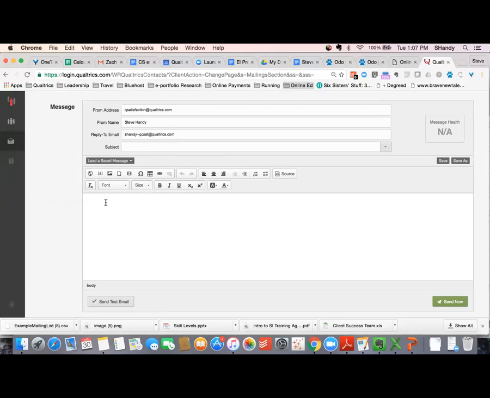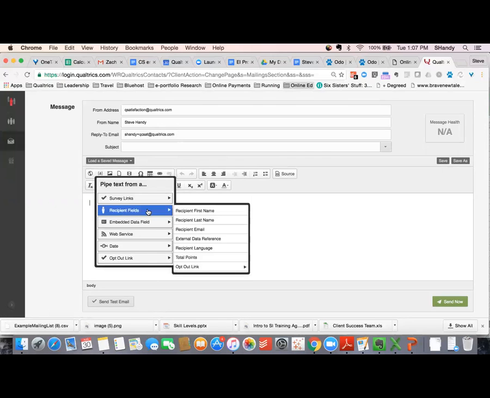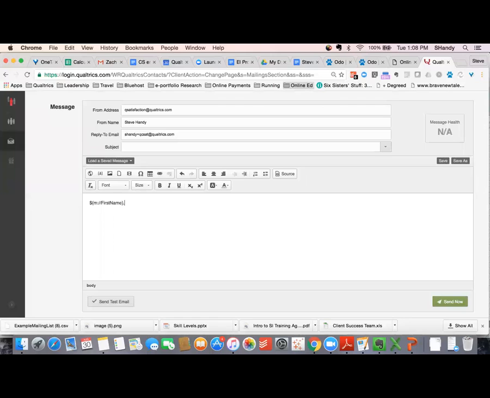For those of you who are familiar with building and editing surveys, you'll see some of these options look very familiar, like inserting piped text. So if you wanted to add in, for example, from your mailing list, the recipient's first name so that you're personalizing the email, obviously you can do that there. All of these buttons are going to